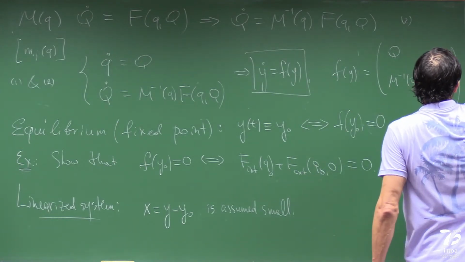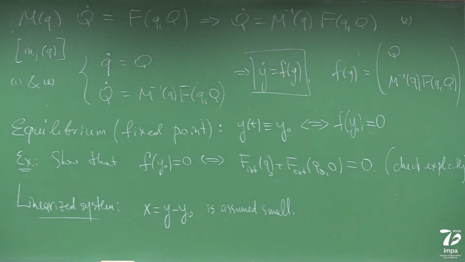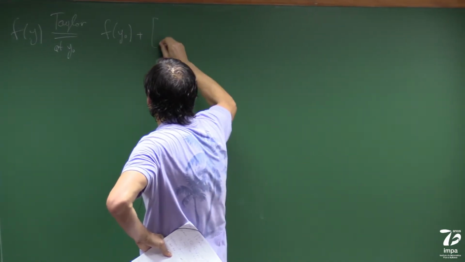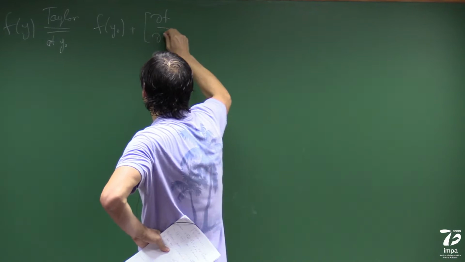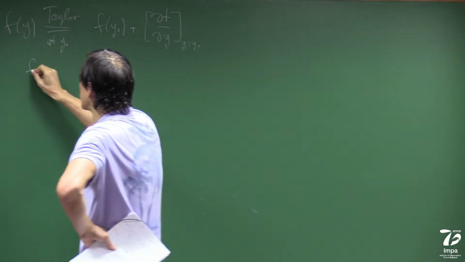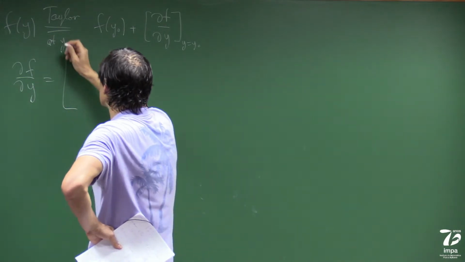We take function f and consider a Taylor expansion at point y0. Whenever you take a Taylor expansion, the first term will be f of y0. The second term, remember this is a function of many variables, will be the Jacobian matrix computed at y equal y0. So remember, df/dy is a Jacobian matrix, so it's